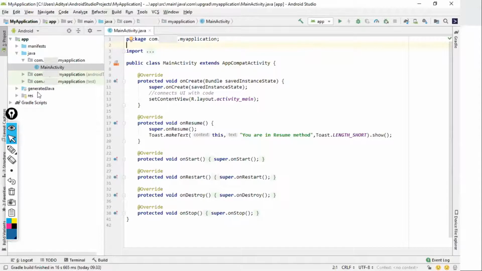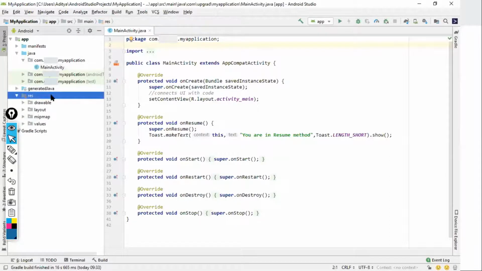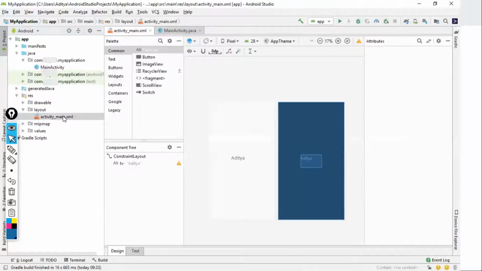After that, where should I find the XML file? res, that is resources. I'll get into this. Now there are plenty of directories over here, so we'll go to layout. The resource directory contains all the resources of the application. And if I'm talking about layout, all the layout files which are getting attached to some activity or the other, we can find in res and then the layout folder. I'll click on this, and the layout file opens up.